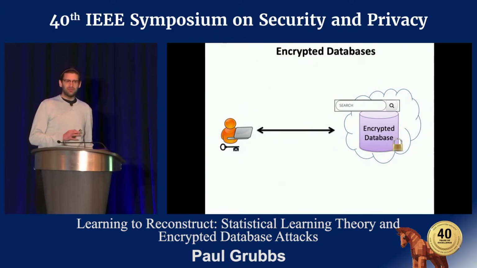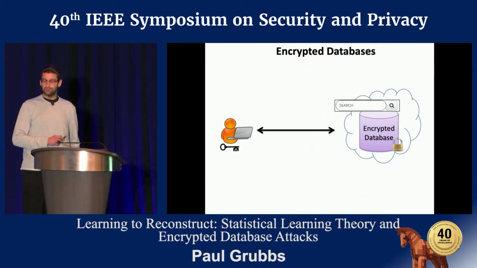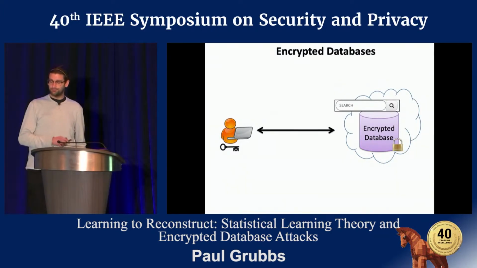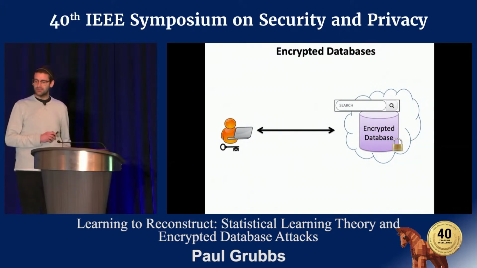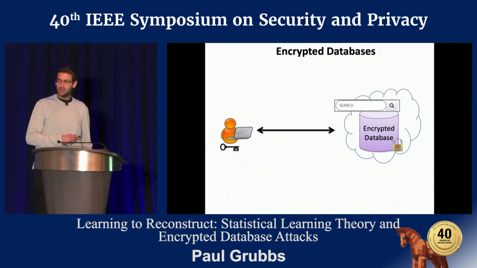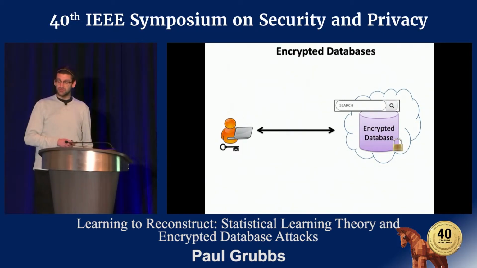Recently, encrypted databases have been suggested as a way to resolve this tension between security and utility. The data is encrypted with a key known only to the data owner, but can be queried efficiently with that key. Encrypted databases are an active area of study for academics and have been deployed in practice. Generic techniques for building these systems, such as ORAM and private information retrieval, are too slow.